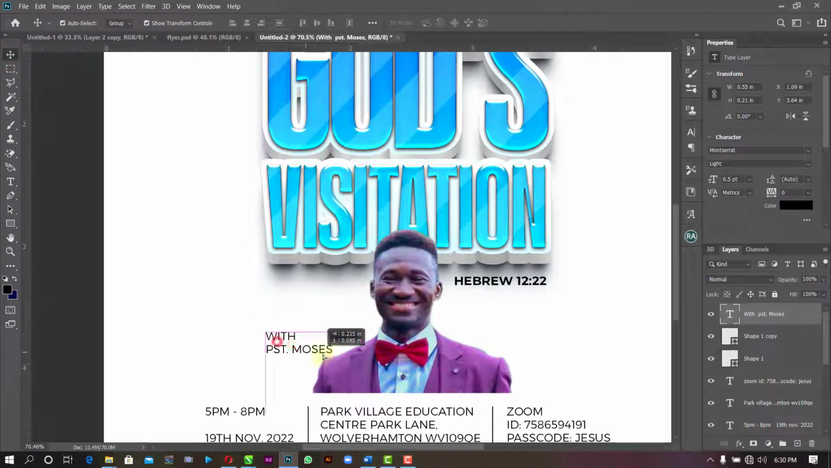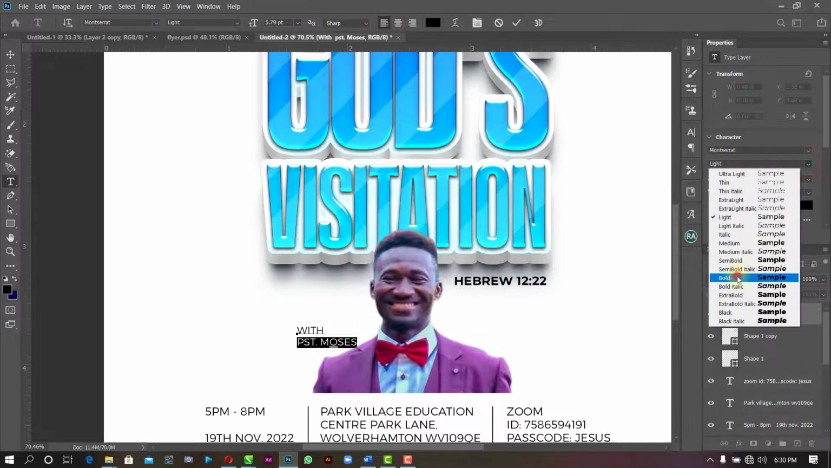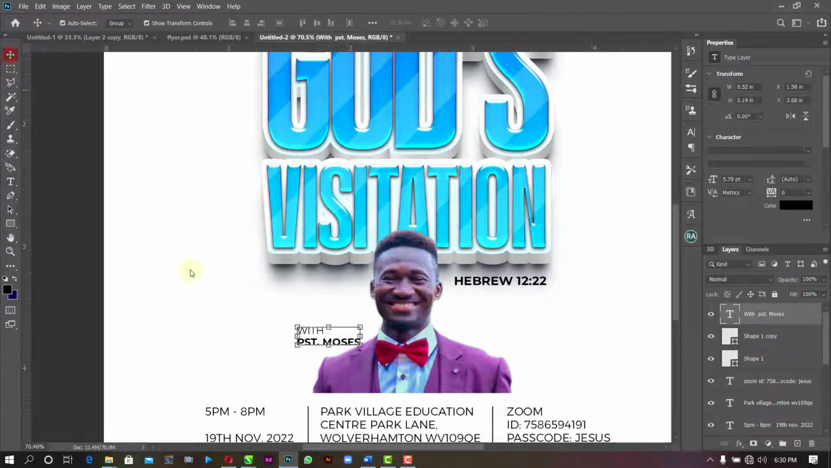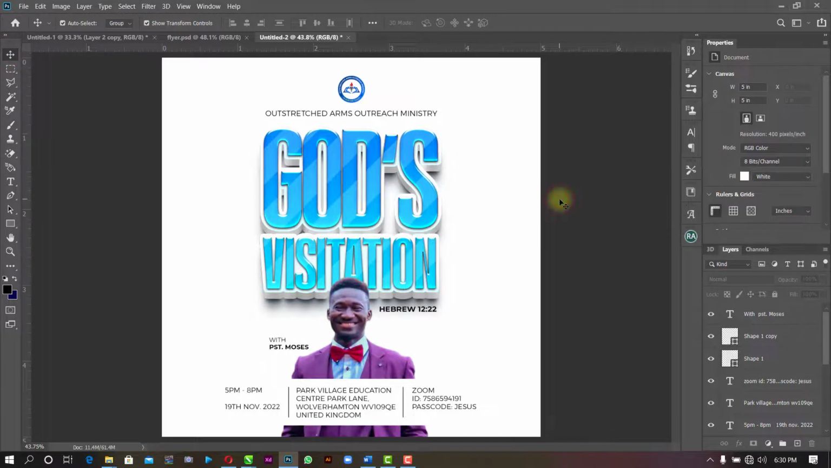Which should be a little bit bigger. Then this Pastor Moses should be on bold because it's the pastor, the minister. If you notice this design, I'm not using many fonts. I just use 2 fonts on this design. The reason being that I want the design to be very simple and okay, so I'm using 2 fonts on it. So the next thing I'm going to do is the background, but before that,